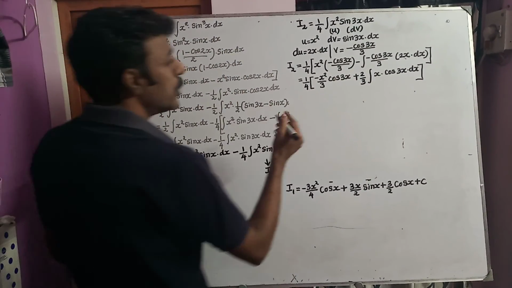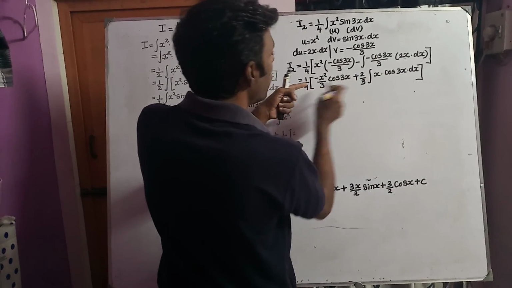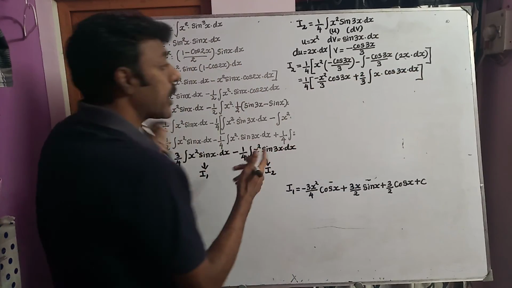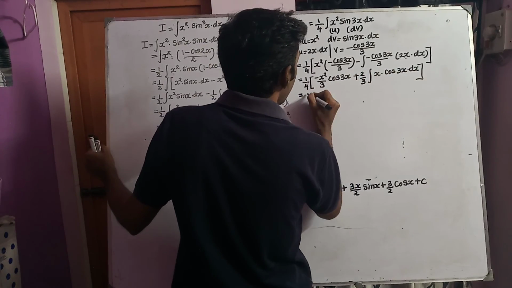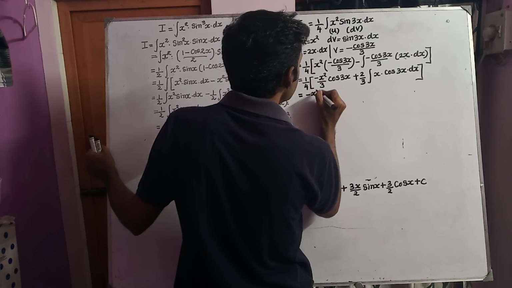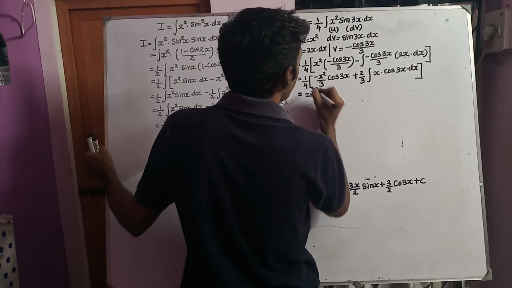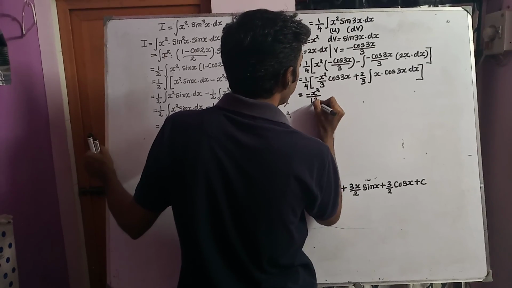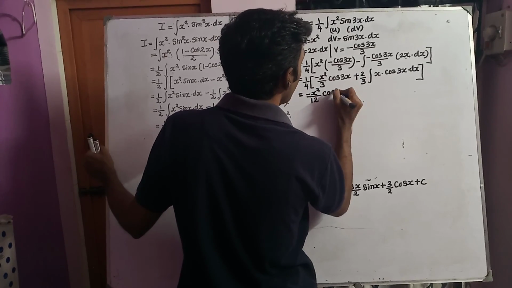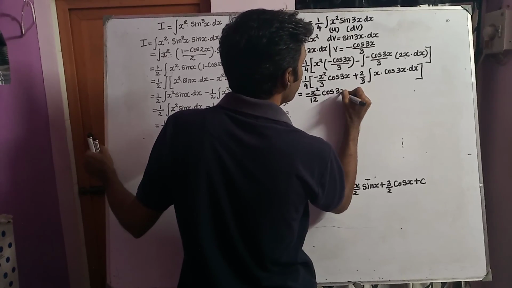So now I'm going to multiply this 1 by 4 with the terms placed inside the bracket. So that will be minus x squared divided by 4 3s are 12, into cos of 3x plus